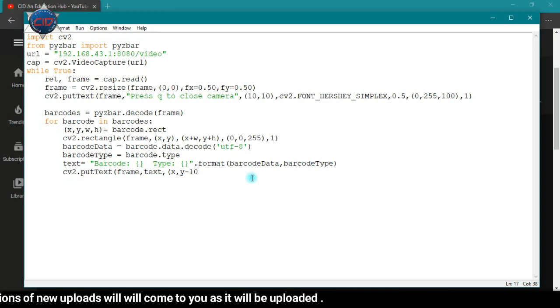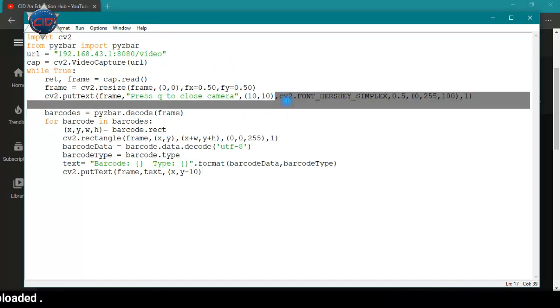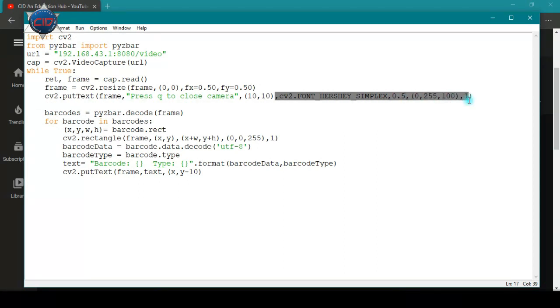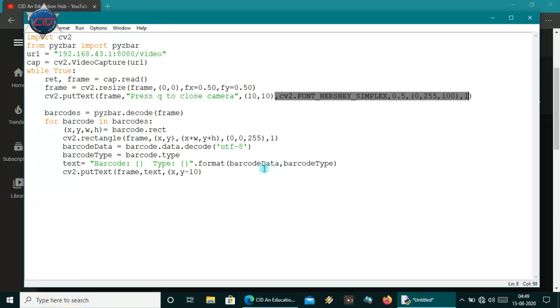Okay, so before the rectangle line. And now let me pass these things. Let me copy these things here. I want this here. cv2.FONT_HERSHEY_SIMPLEX, all the things must be the same here, and I want this color to be the color of the rectangle so that it will look the same as the rectangle.